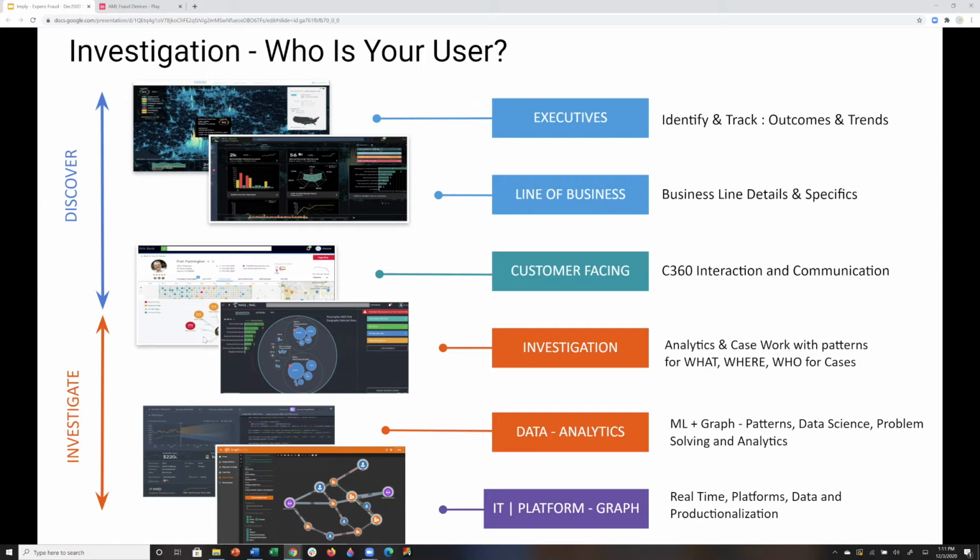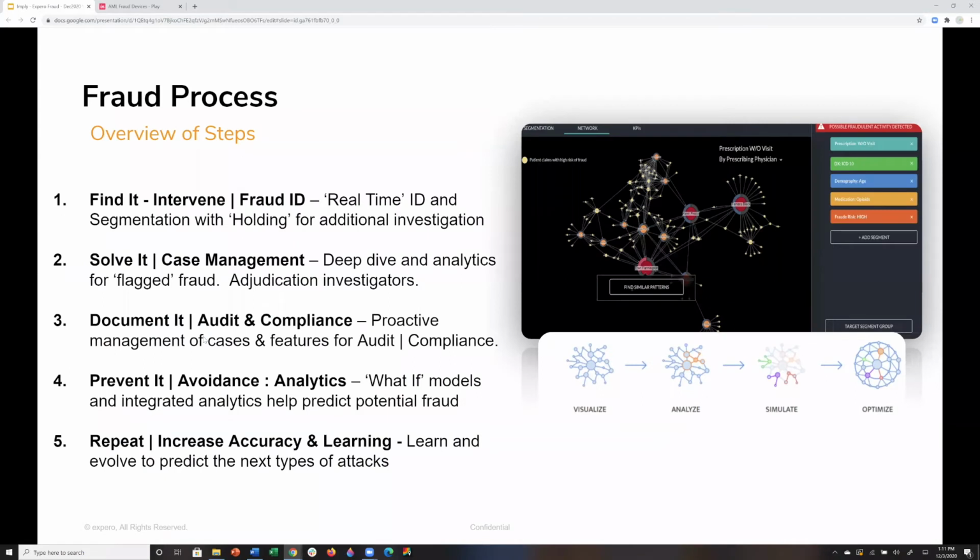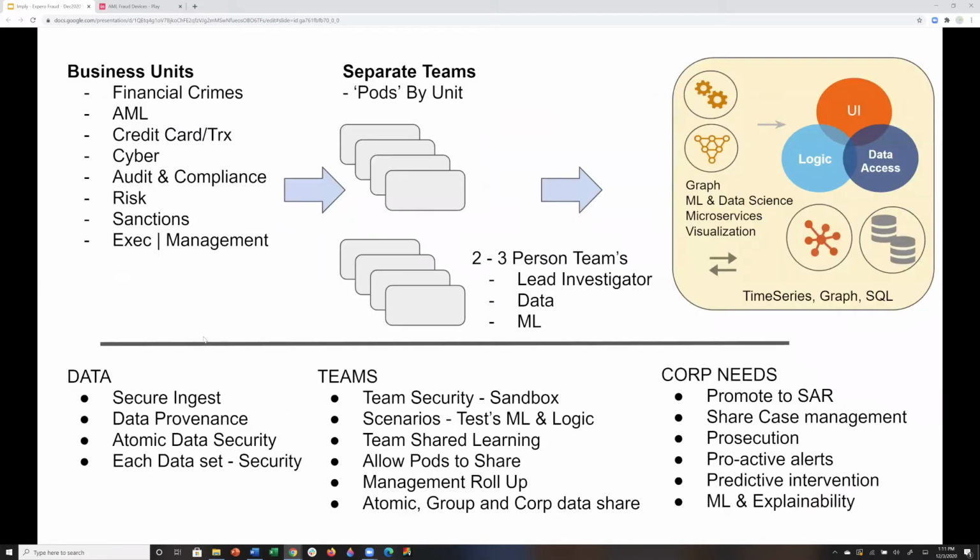And then finally at the bottom, we see data and analytics. And that's really where our friends Imply are going to weigh in, which is how do we synthesize this data? How do we look at terabytes and petabytes of data to be able to do those things? Okay, and this is just a quick layout of what I walked through there, which is find it, prevent it, and then ultimately what we want to do. And part of that now is this visualization capability that I'll give you a preview of here in a second.